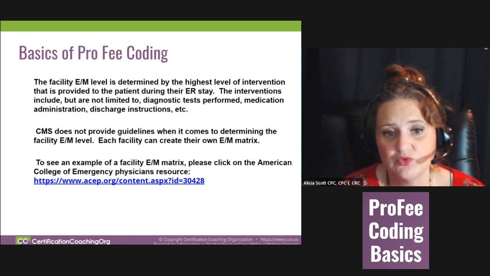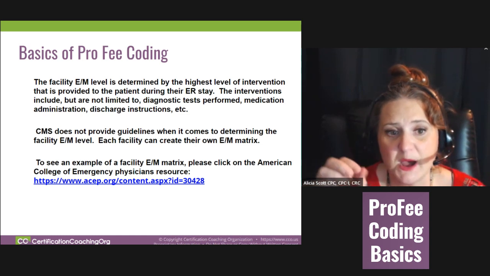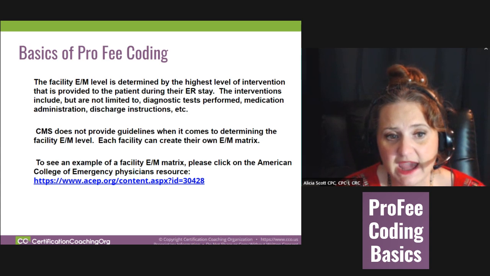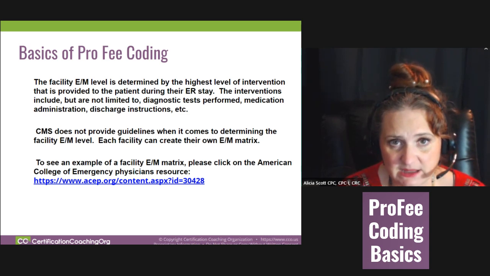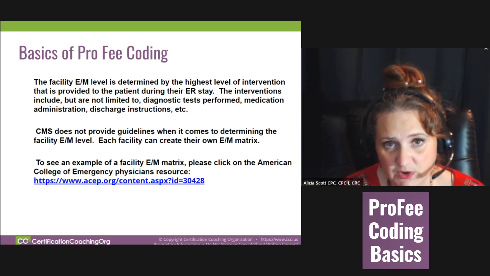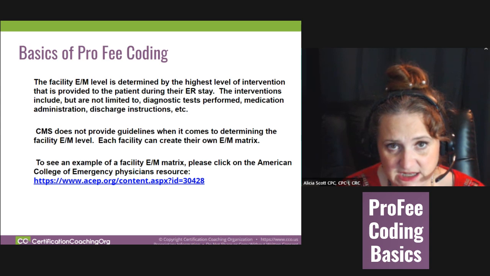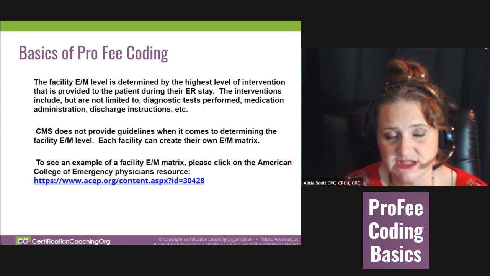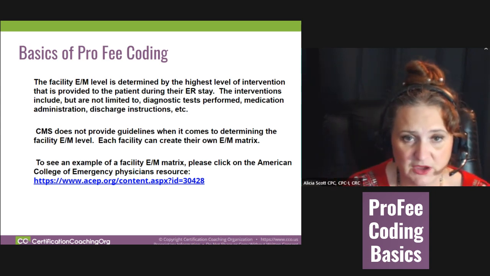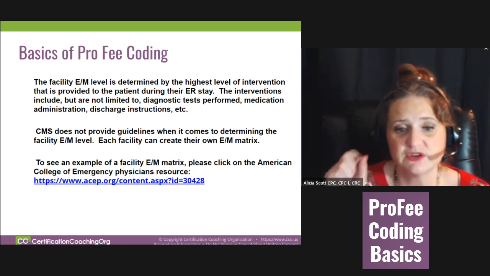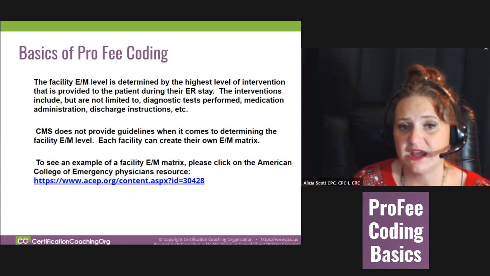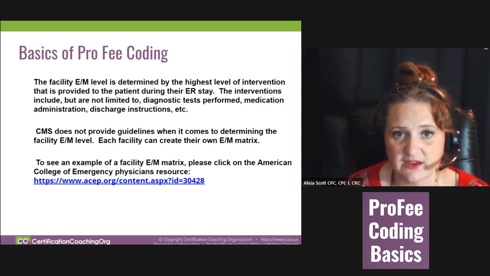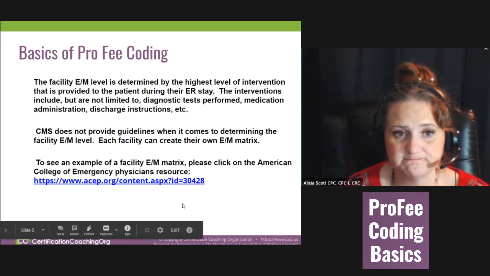CMS gives some great information, but they don't really have a lot to tell you how to determine facility E&Ms. So again, we're not really talking about facility E&Ms, but I want you to know the difference between ProFee coding and facility. This was a great link that came with this article, so I went ahead and left it here instead of putting it down in the resource link.